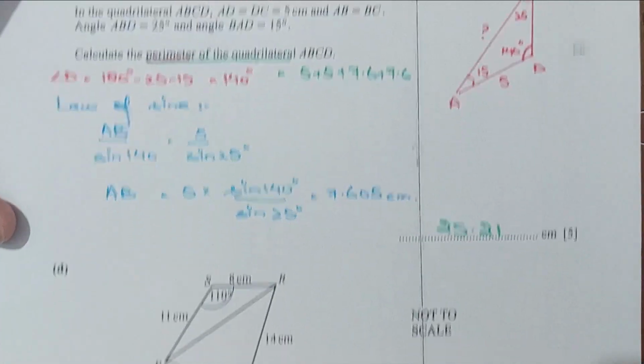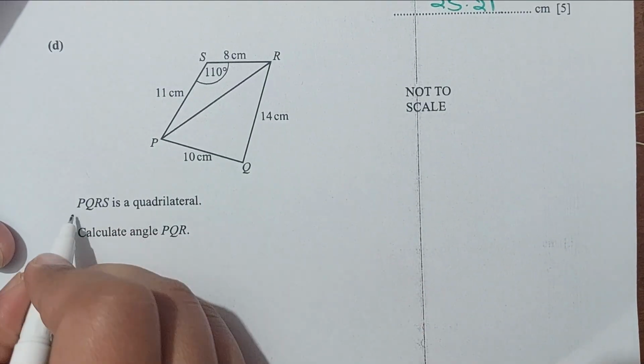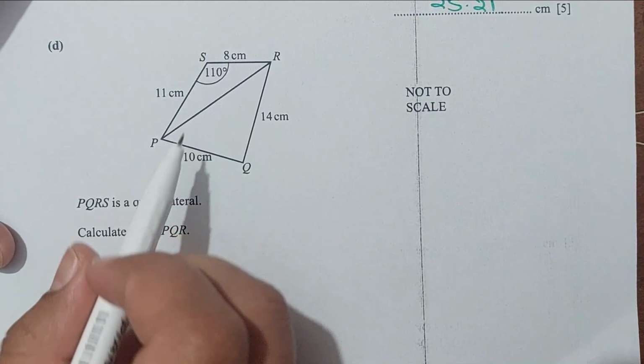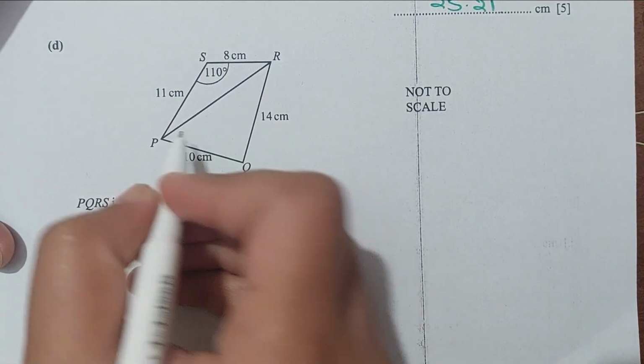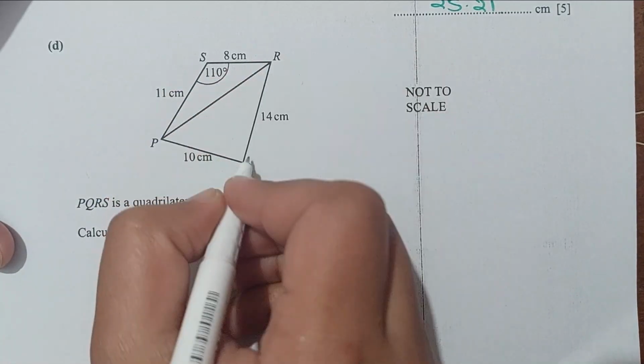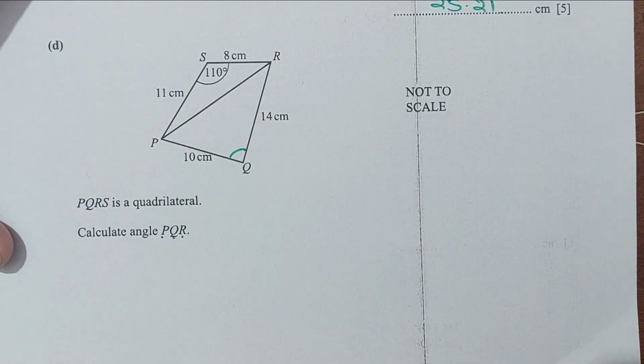25.21 centimeters. Part D. PQRS is a quadrilateral. Calculate the angle PQR. P, Q and R, this angle we have to calculate. Since it is a quadrilateral, we have all four sides, and